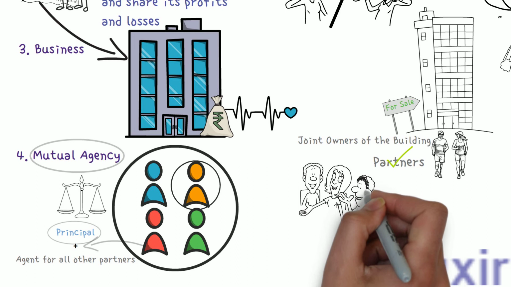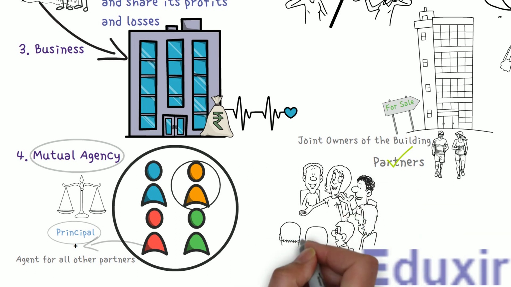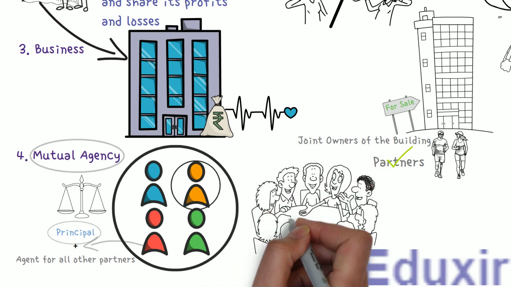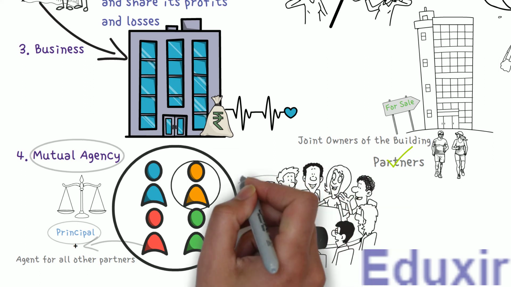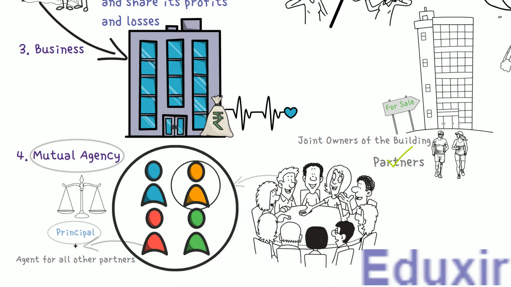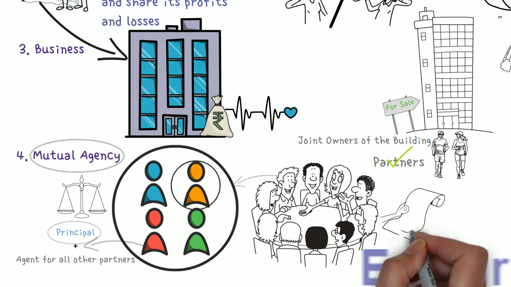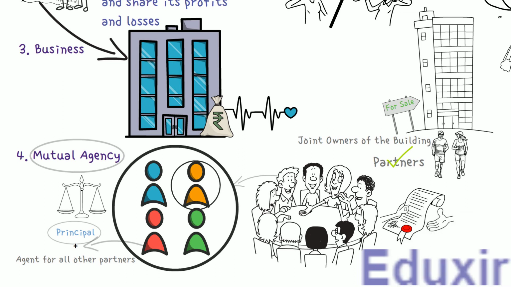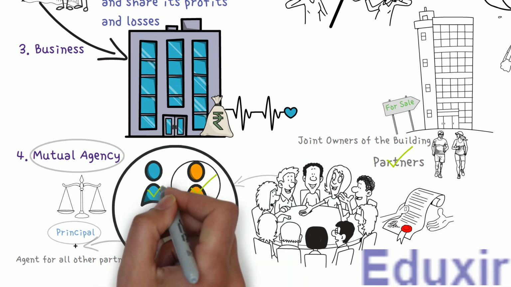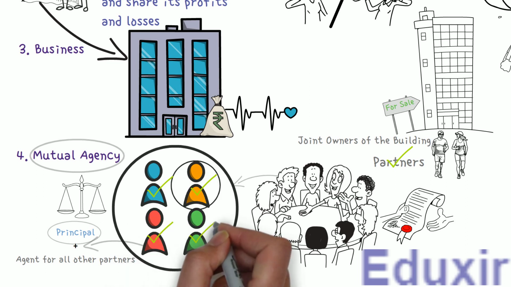In other words, he attends a meeting with the suppliers and promises them that their firm will buy goods from them. Here, the promise is not just for him, it is made on behalf of all the rest of the partners. If there are 19 partners in a firm, this partner is promising on behalf of himself as well as 18 other partners in the firm. If he is signing a contract, he is signing on behalf of himself and the rest of the 18 other partners. So, when he is signing the contract, he is binding himself and all the other partners to the contract.